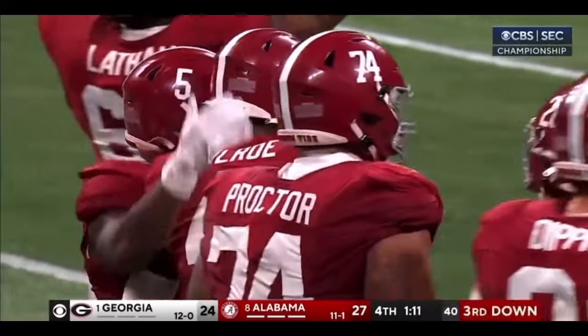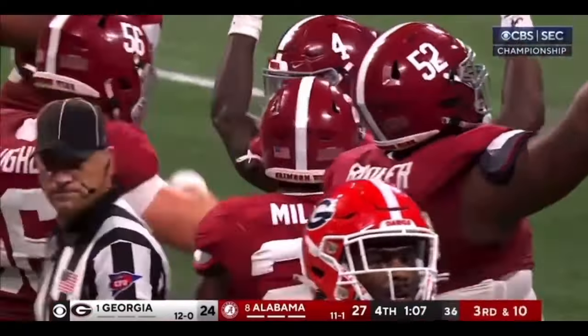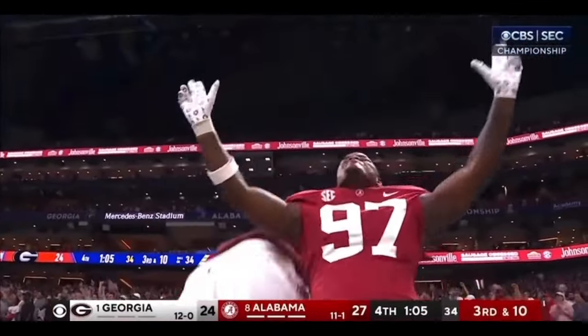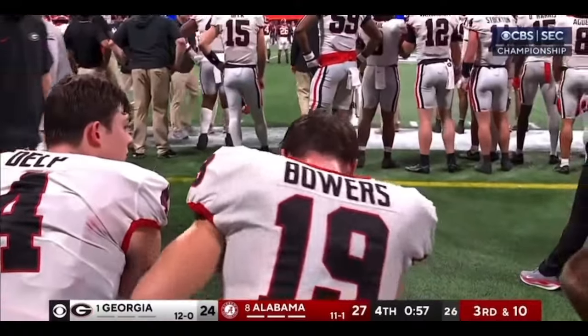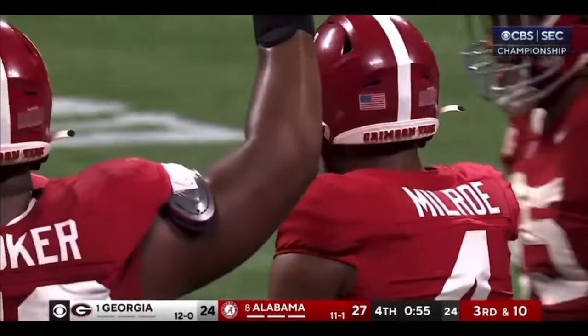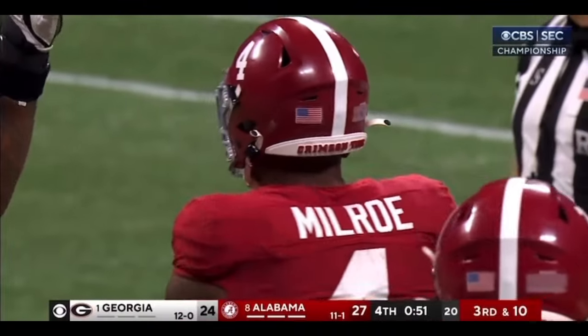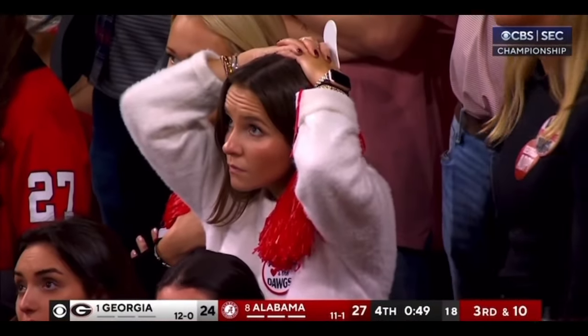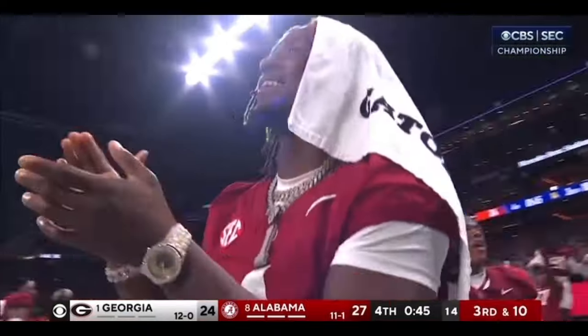The Crimson Tide, the last team to beat Georgia 728 days ago, is going to do it again and snap the 29-game winning streak of the two-time defending national champions. And Jalen Milroe came through. He came through in the passing game on the drive before, and this time with his legs, he finished them off. He pulled out a miracle at Jordan-Hare last week, and he pulled out all the stops this week